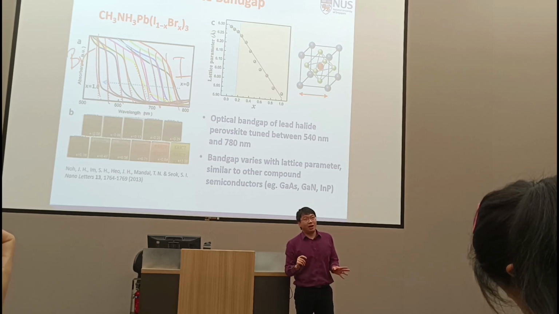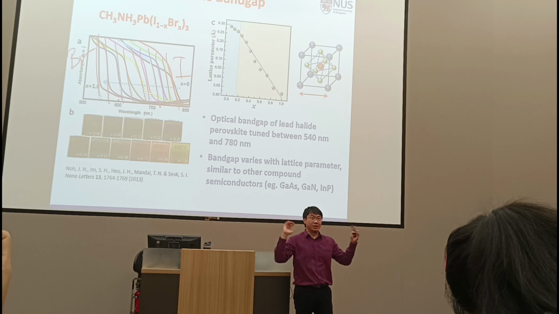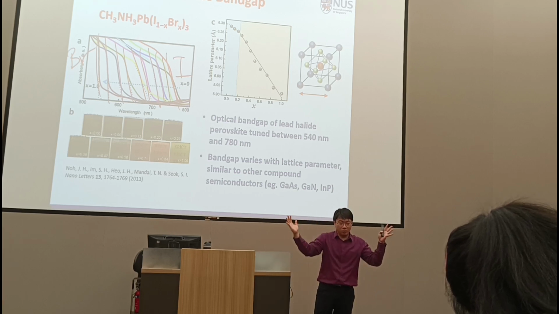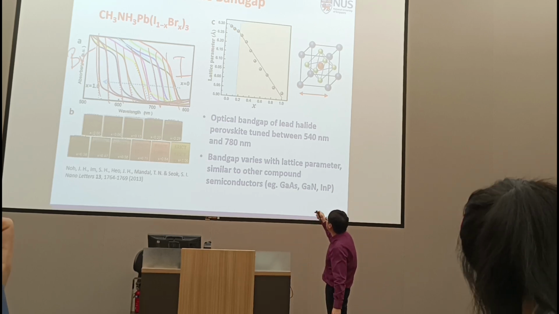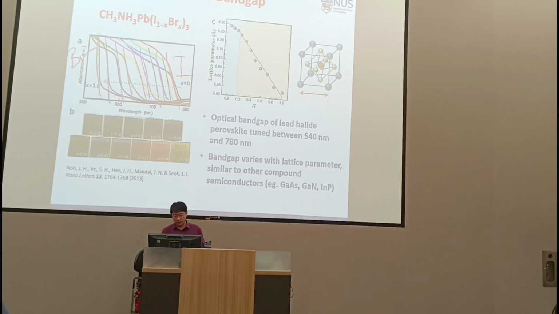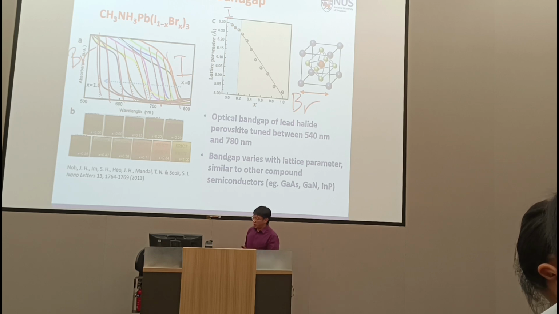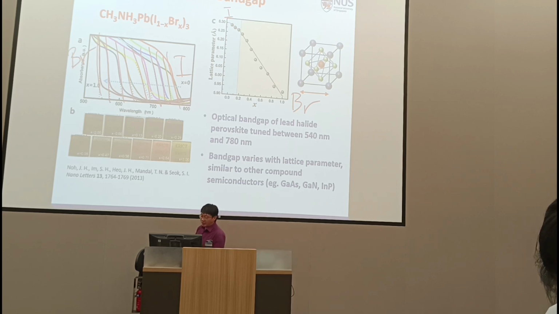Lattice parameter is basically the length of each of these unit cells. Now, obviously, iodide is bigger, right? Iodide is bigger means lattice bigger. Bromide is smaller, right? So lattice smaller. So of course, again, the bigger one will be iodide, smaller one will be bromide. Okay, so you can change the band gap, you can change the lattice parameter,